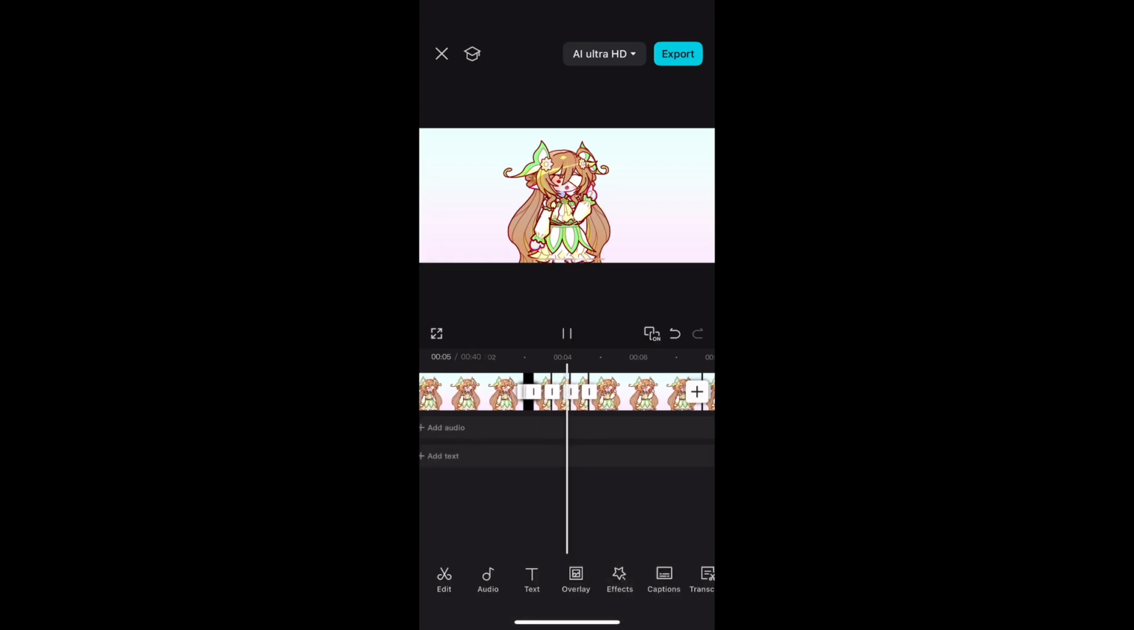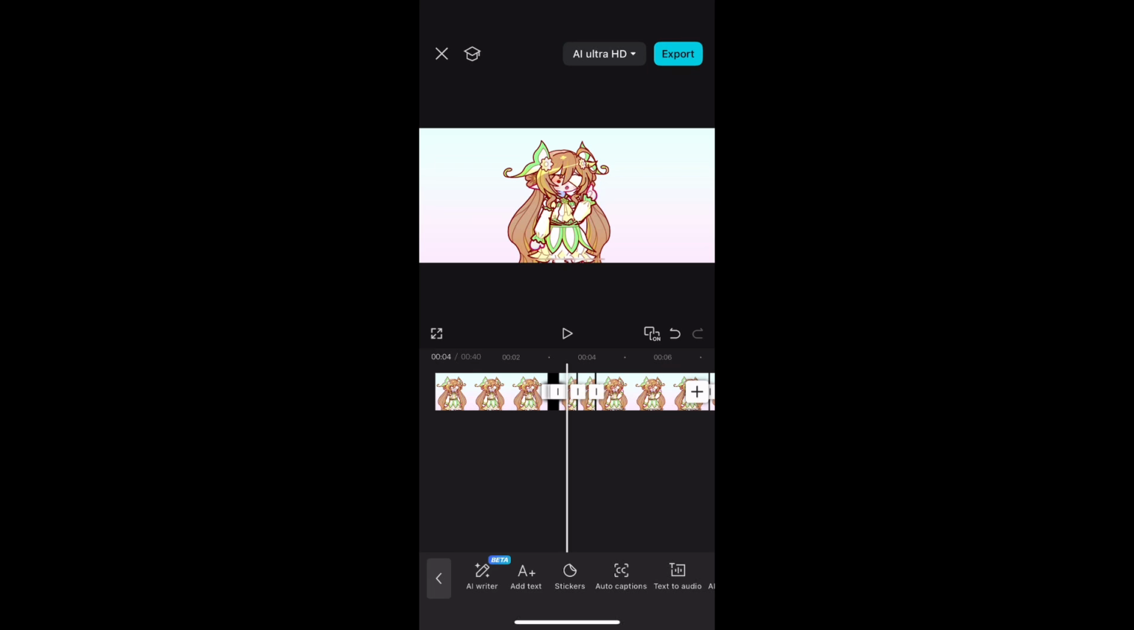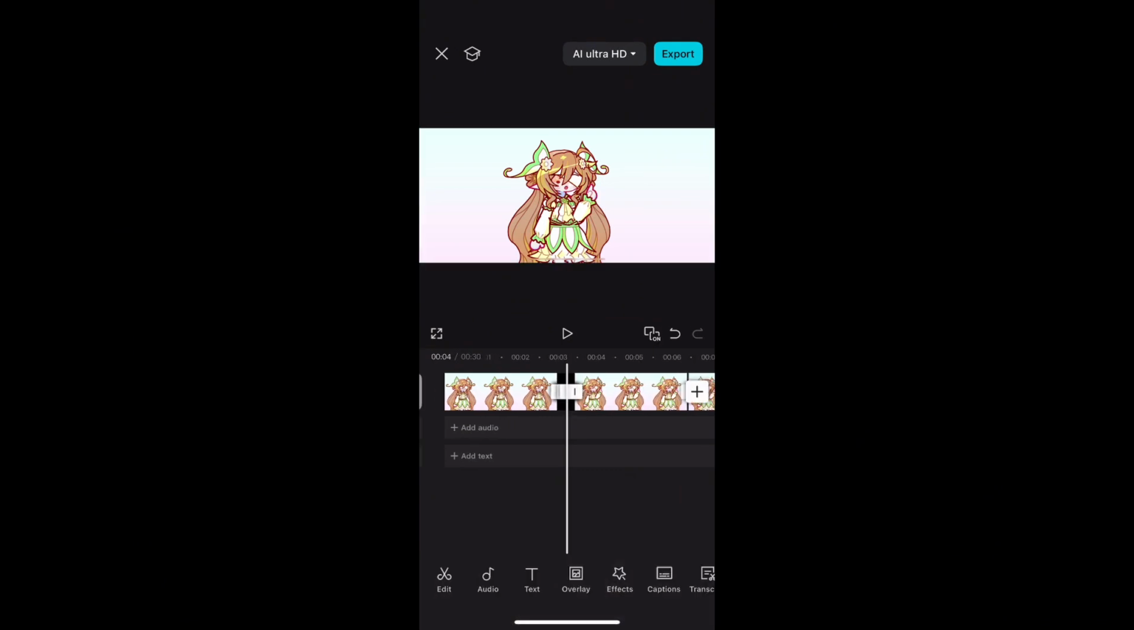But for the waving, I made it very simple. I didn't make them short, I made them long. It was very choppy, but that's what I was going for. So if you make the blinking short, if you make the head turning short,